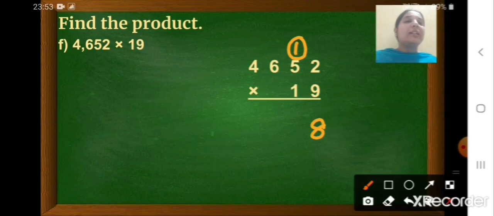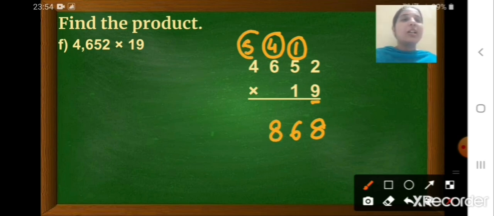Now we will multiply the digit at the tens place of the multiplicand by the digit 9 here. So 9 5s are, or 5 9s are, 45 plus 1 added, 46. So 6 we will write here and 4 will be carried over to the hundreds place. Now 6 9s are, or 9 6s are, 54 plus 4, 58. So 8 we will write here and 5 will be carried over to the thousands place. Now 4 9s are 36. 36 plus 5 is 41. That we will write here and now we will write one 0 here.